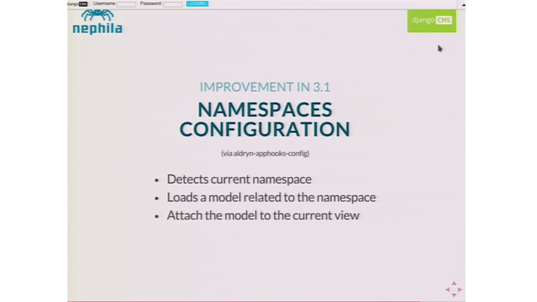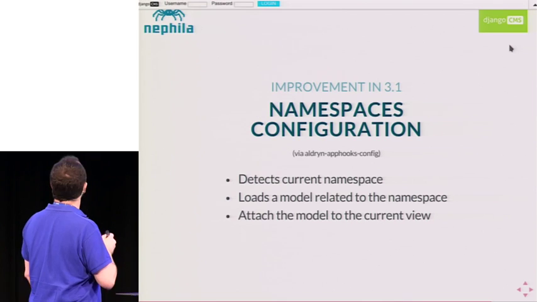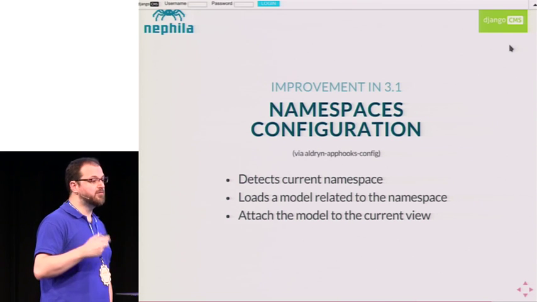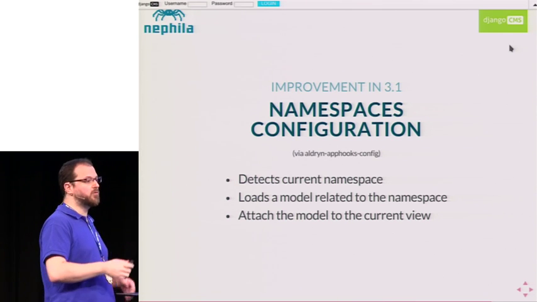First, a digression, and let's see a few improvements in this area that Django CMS has made in the past year. Basically, they are all very new. The first one, which appeared in 3.1, is namespaces configuration. Right now, you can have